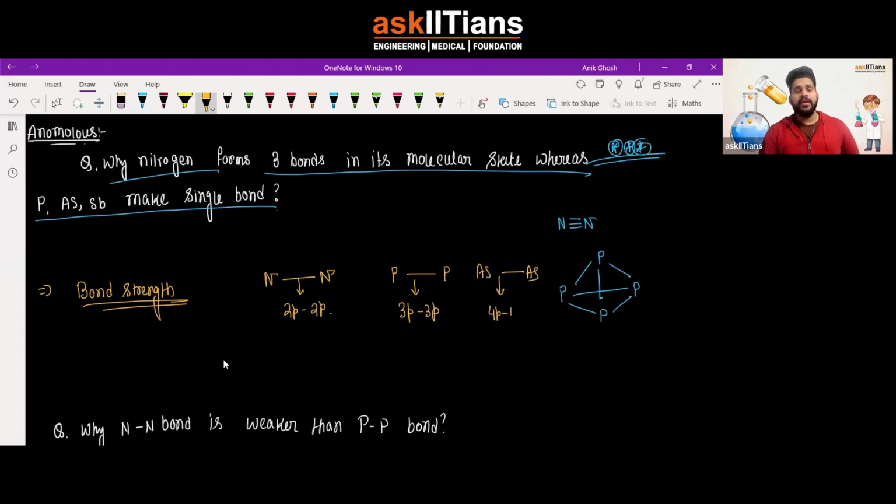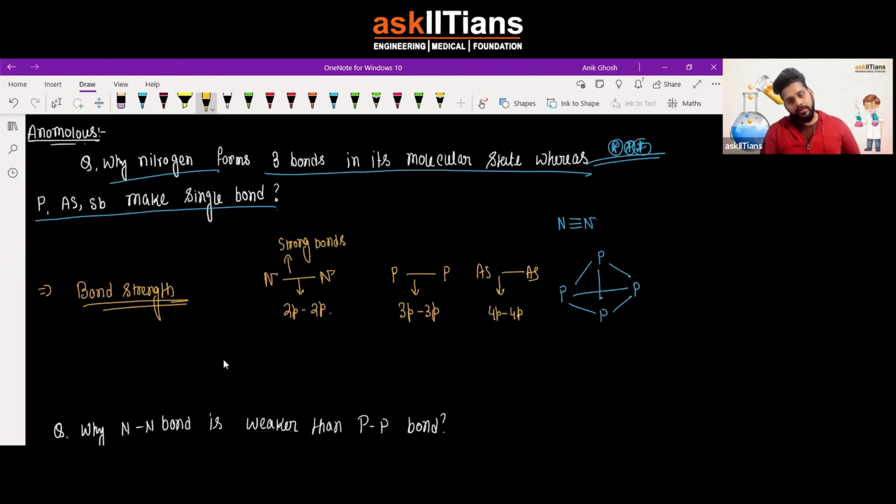So you can understand, if I move from 2p overlap to 4p overlap to 5p overlap, you can understand the overlapping would be going down, the energy of overlap would be going down, the overlapping won't be good enough. When it is 2p overlap, the atoms are very small and their overlapping is going to be stronger. So for N-N bond, the bond strength is strong